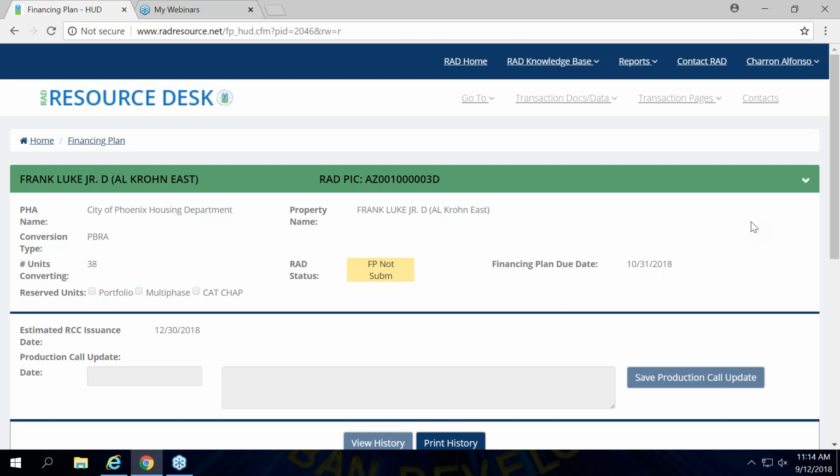We've also tried to be consistent in these property sections to provide information that we find most users need: the name of the PHA, the property name, the type of conversion, and then very importantly in the middle, the RAD status. So what's going on with this transaction? In this case, the financing plan has not been submitted. You'll notice the color code. So Linda, let's go back to the home page,